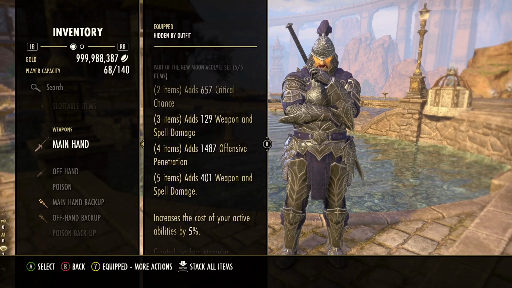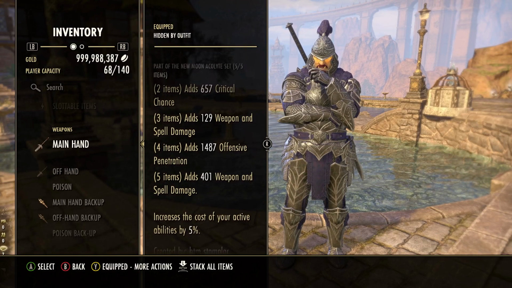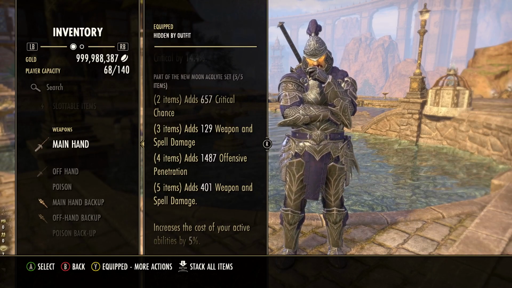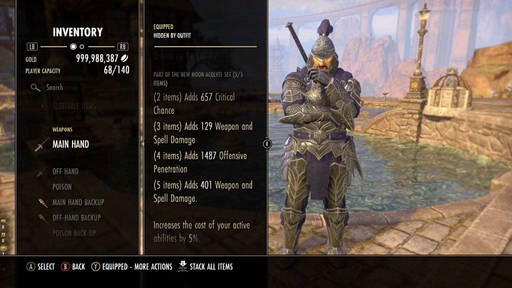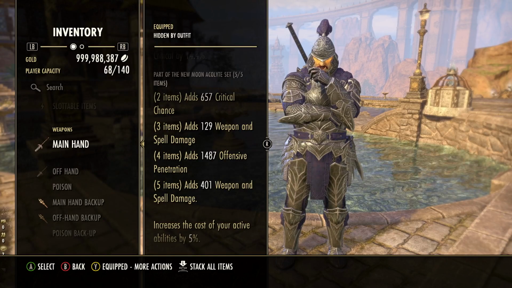offensive penetration, and crit chance. That applies to both your stamina and Magicka abilities. So this is really good for a hybrid setup. It's a great offensive set. Yes, you do get a bit of a cost increase, but since we are a Sorcerer, we also get a cost decrease through our passive, so it feels pretty good. And you can also supplement this with things like your enchant and your jewelry, which we'll talk about in a